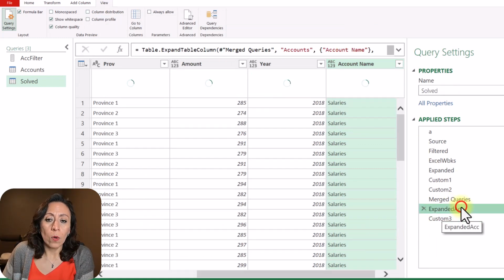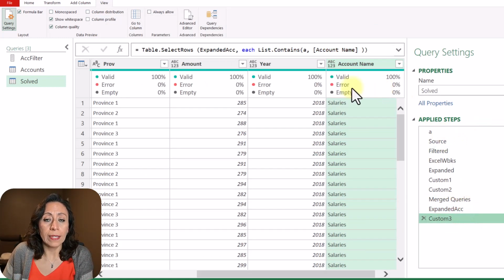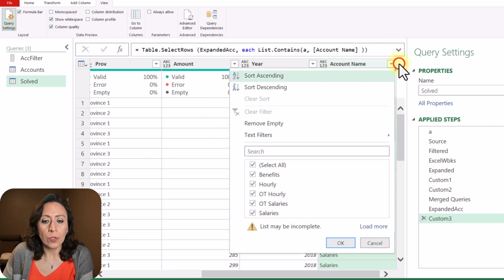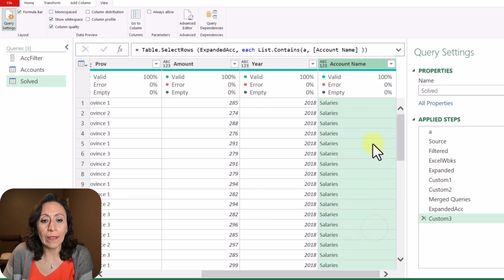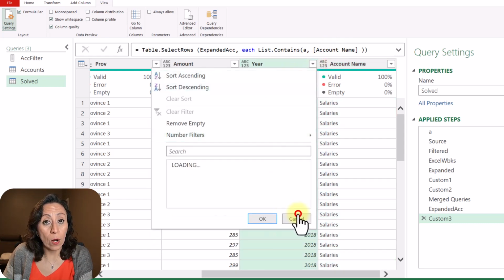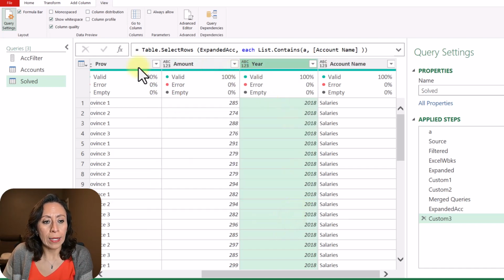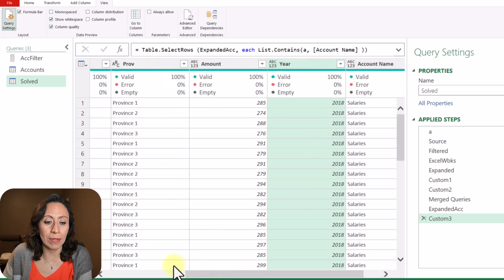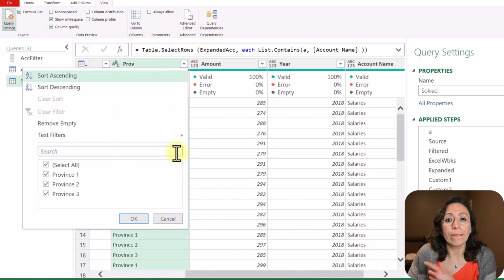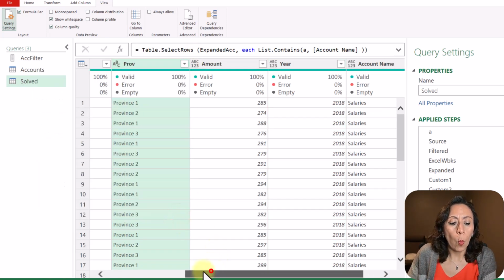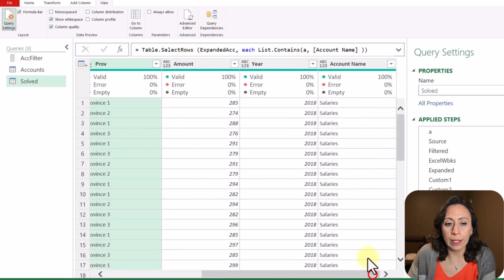And now you will see if I go one step before this and then one step after, it finished. If I go here to check the filter and I say load more, it finished. That fast, that quick did work. Let's try with another column. I click here at the filter year, I say load more, and now immediately it brings all the years. Let's say amount, that's going to be long, right? I go with province, because the amounts can be totally different. Click there and load more, and it just finished the process. Way different, much more useful in this way.